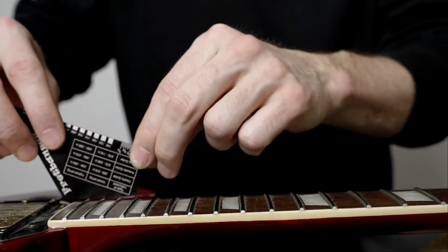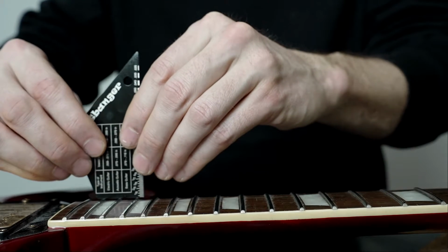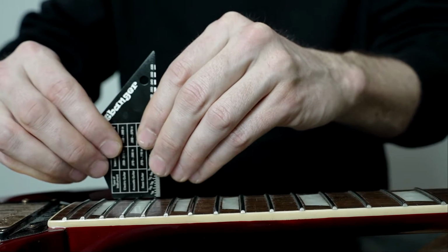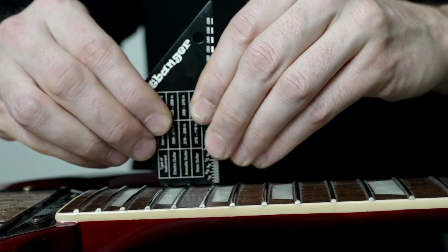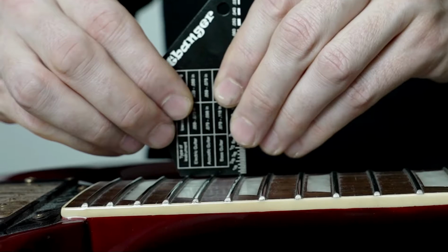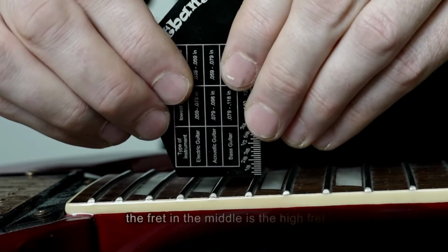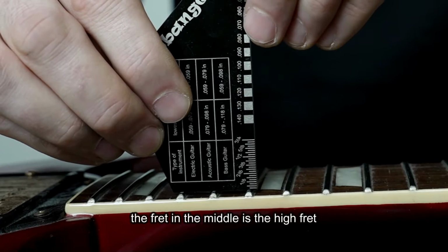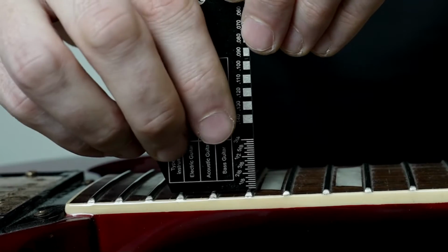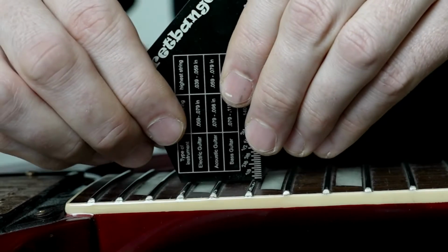So we're gonna check now for some high frets with the Frtlzr Fret Banger. And you have already one. You can hear it. Yeah, completely. This looks like it's fret 18. And this,